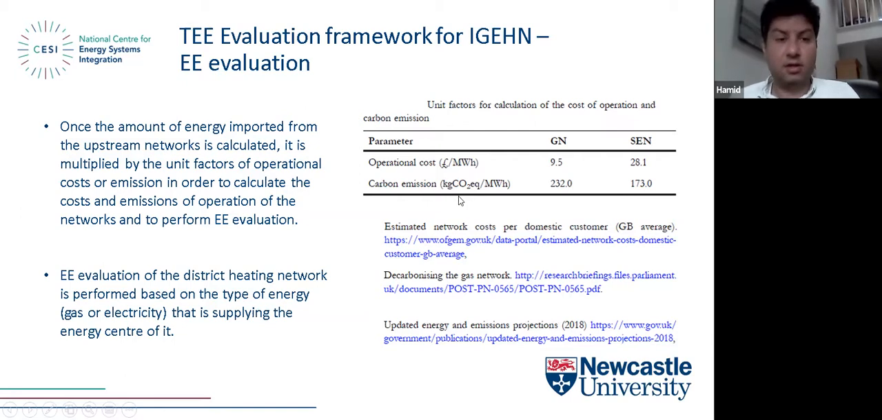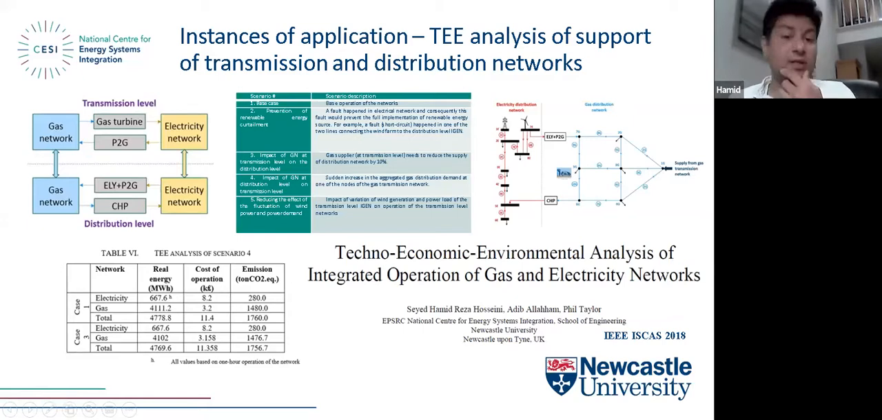One of the applications of this framework, which we published in the IEEE ISCAS conference in 2018, was that we have transmission level gas and electricity networks and distribution level gas and electricity networks, all coupled to each other at all levels, upstream and downstream. The whole idea of these scenarios was to consider any problem or event, if you like, in any level,